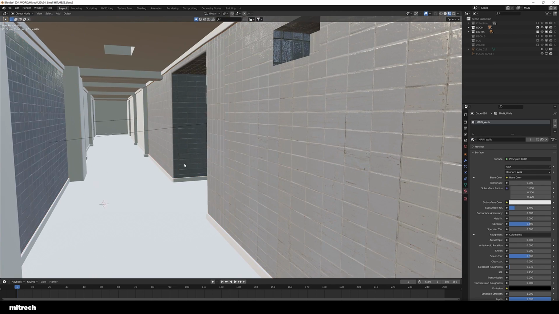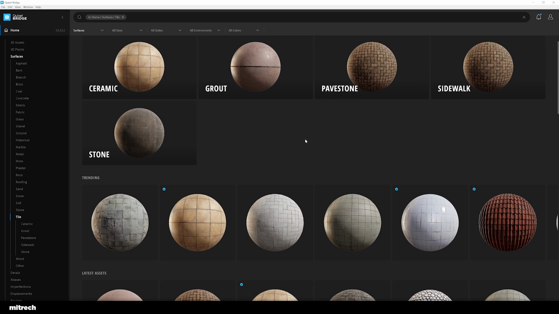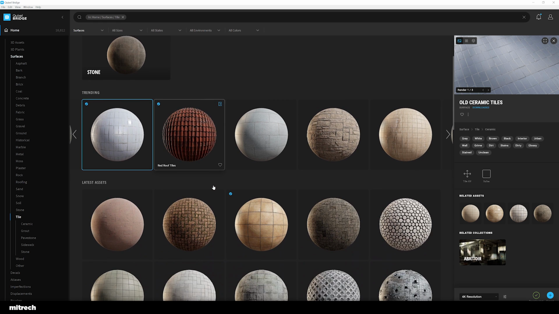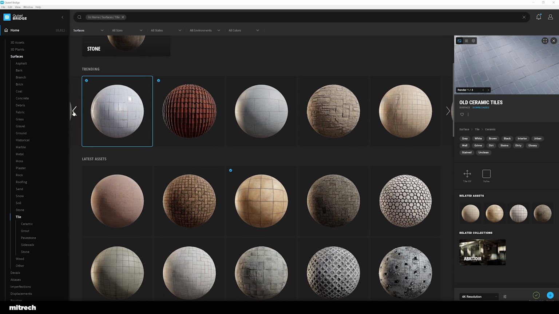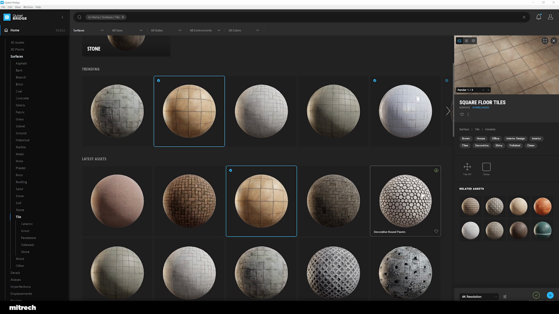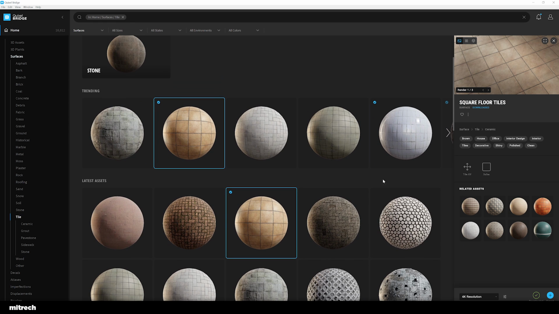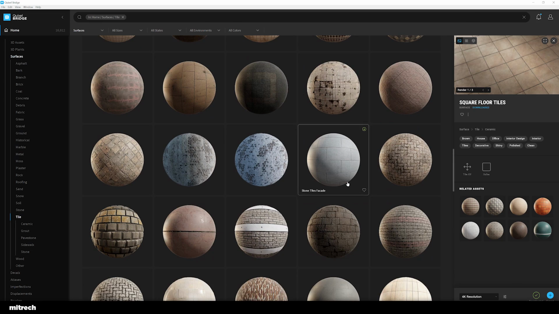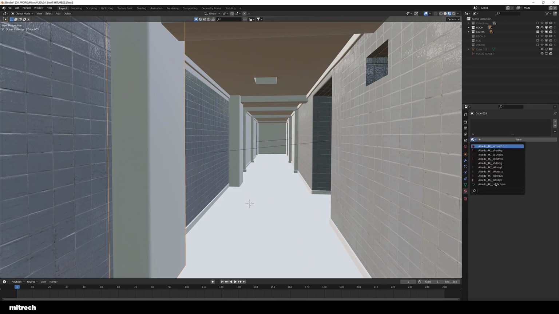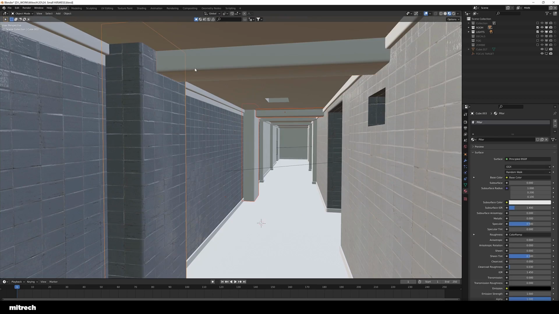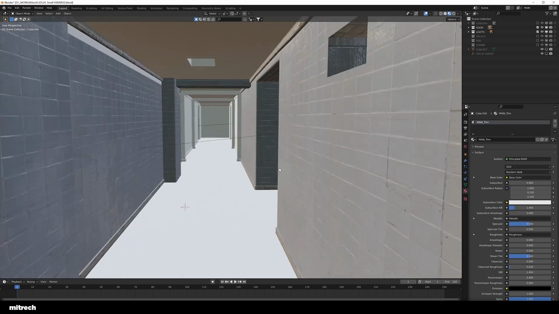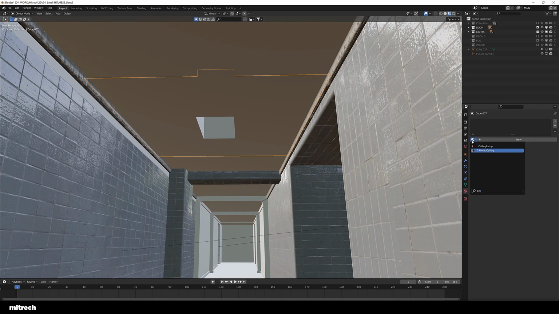Right, so next I'm making use of Quixel, right? I guess you all know Quixel Megascans. They have a really nice high quality library of assets, and what I went on to do was just grab some nice stylized texture set from them and just place it on my walls, right? Just make sure the UVs are matching up okay. You don't have to be perfect, especially if you are not going to see that.